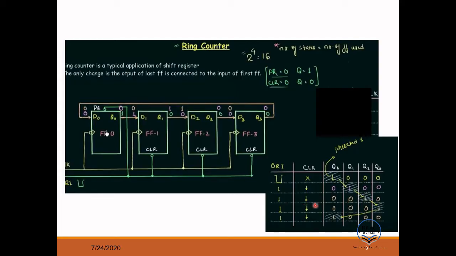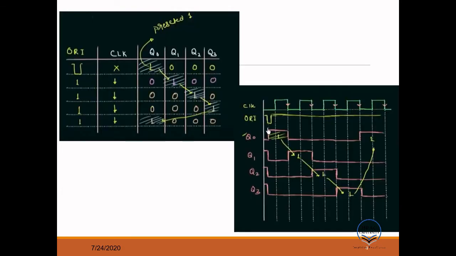If you keep going for the third one, here your input is 1, right? So the output will be 1, and the other will be 0. Same way this one will be 1, and if you keep going here, you'll get 1 again. Okay, so if you look at here,